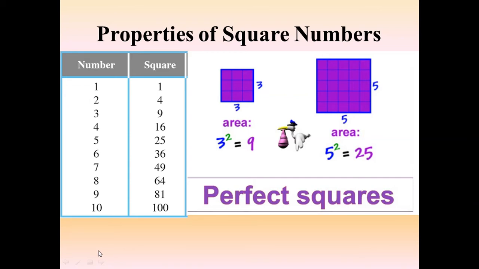So here are the squares of numbers from 1 to 10. Now remember the squares of these numbers from 1 to 10, because it is very important. We know that there are 10 digits, from 0 to 9, and every number that exists is made up of these 10 digits only. So whenever you square a number, one thing that is very much sure is the unit digit of the square of that number. That is, if the number has 1 or 9 as the unit digit, then the square of that number will always have 1 as its unit digit. So you better remember the squares from 1 to 10 thoroughly.